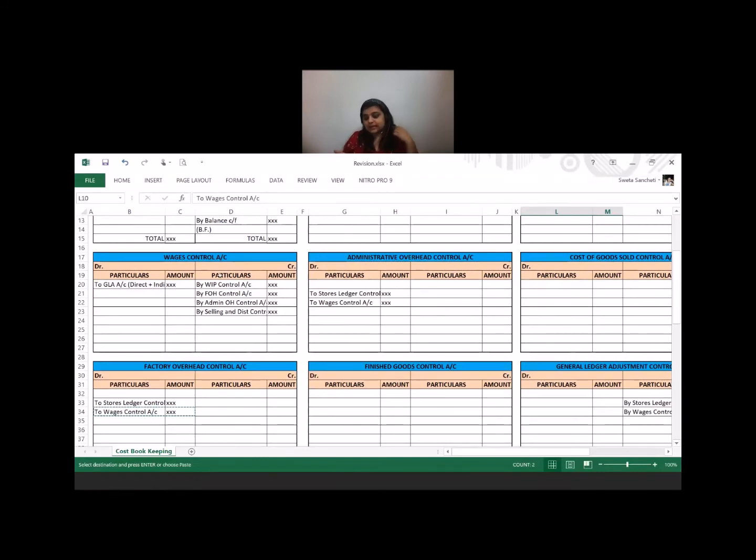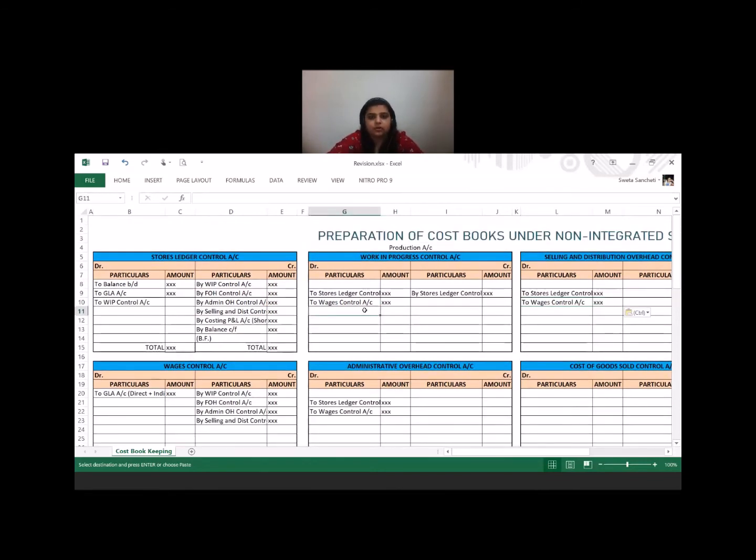If there is indirect expenses, which is generally not given, but if you have indirect expense, please prepare the indirect expense also. Now we know that the indirect expense is done generally for your production. So you will shift that cost to the work in progress account again. Now going ahead, next we have completed all our prime cost. All our prime costs are done. So next, what do we do after prime cost? We add factory overheads. So that is what we are going to do here as well.